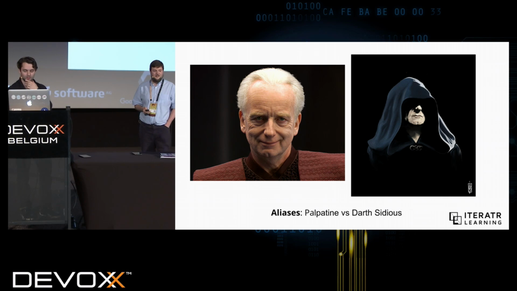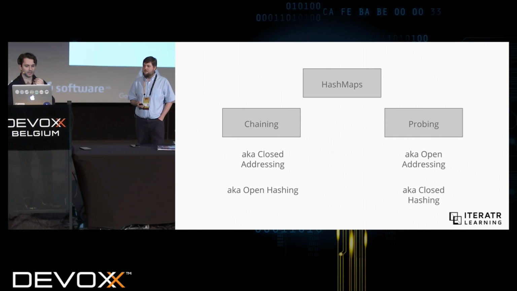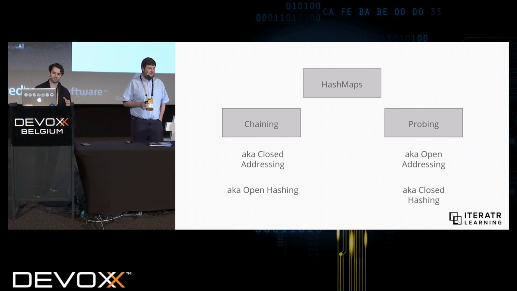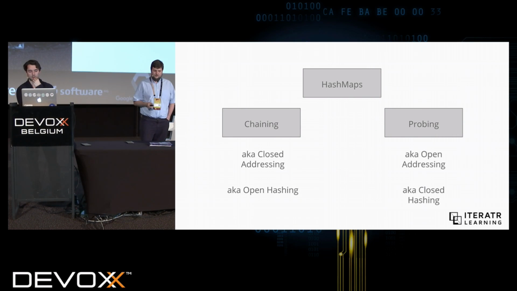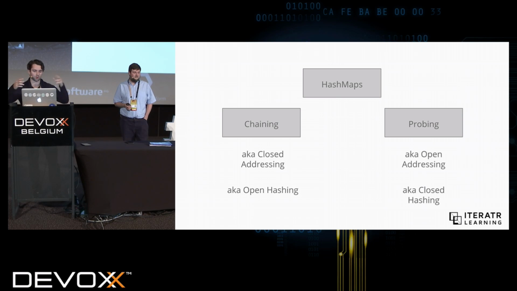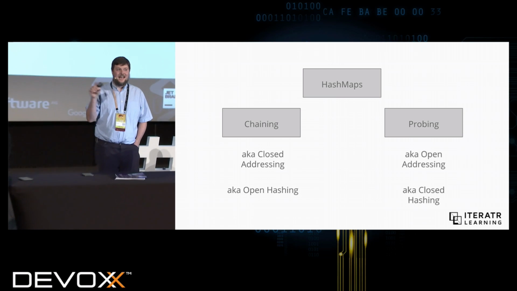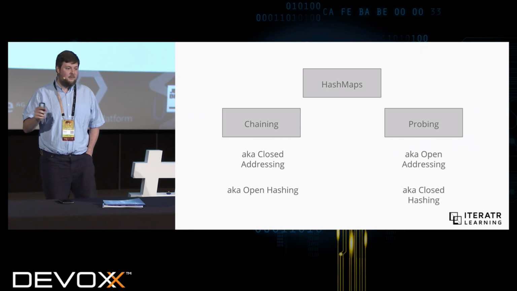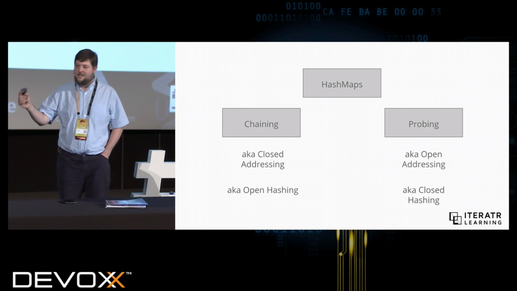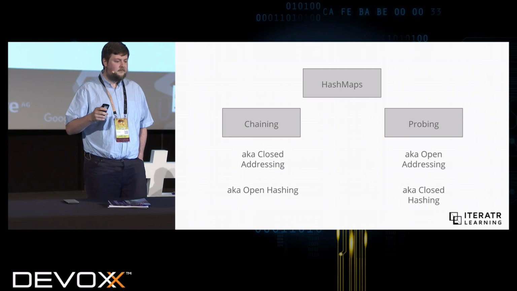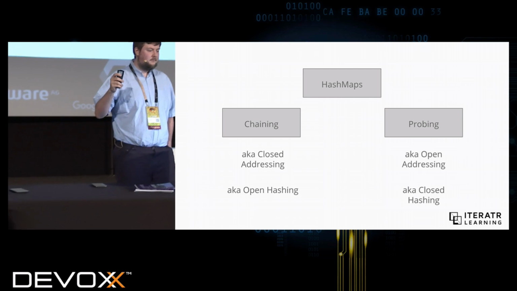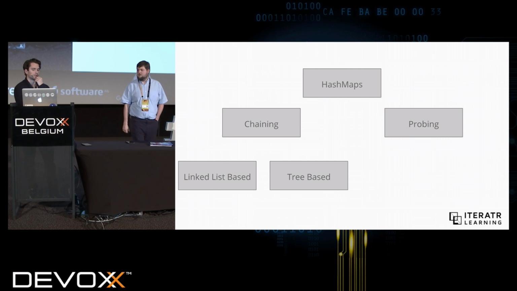And those responsible for all that terminology are the academics, right? Yeah. Really sorry about this, but if you hear about closed addressing, open addressing, and open hashing, closed hashing, it's all under the chaining and the probing categories, so it means the same thing. The best thing about this terminology confusion is they've used open and closed to mean the exact opposite things, depending upon whether it's addressing or hashing. That's awesome confusion. But Richard, in Java 8, there's been a few improvements to the HashMap internal implementation, specifically with